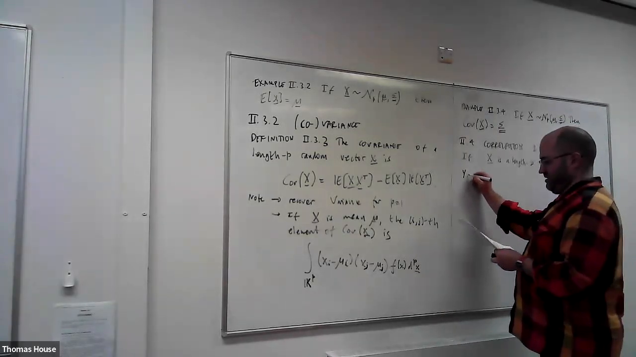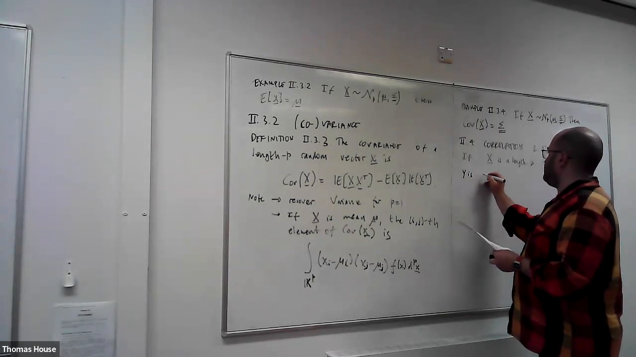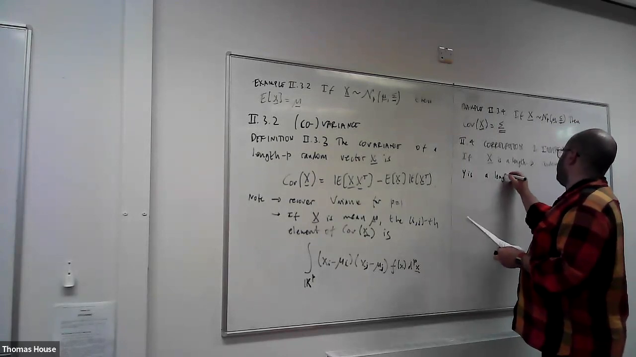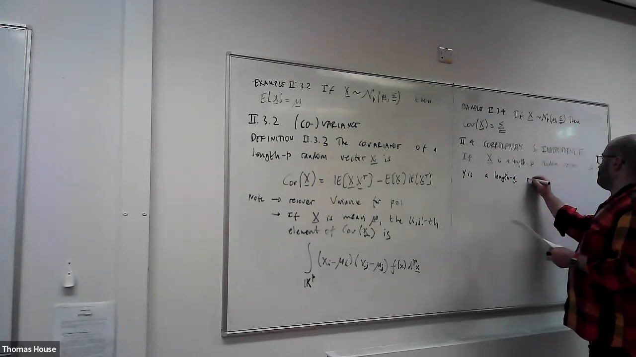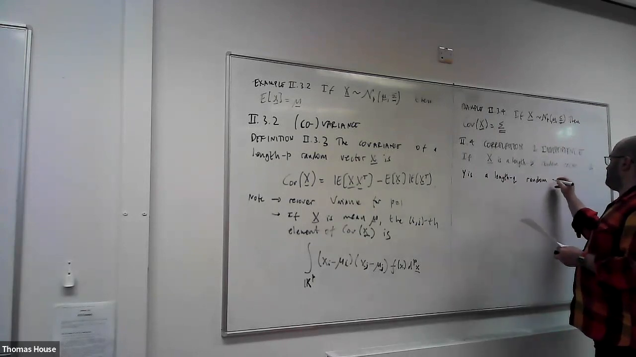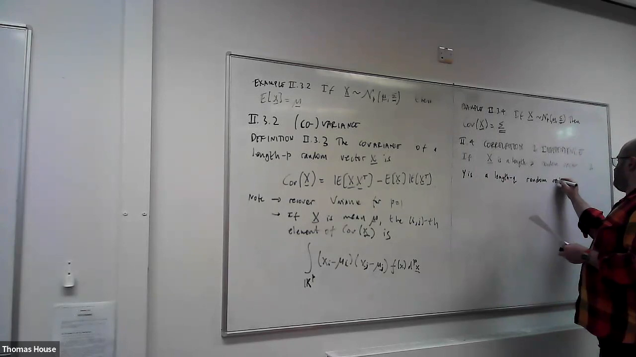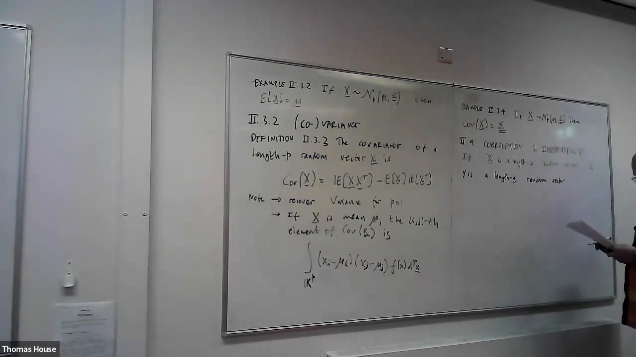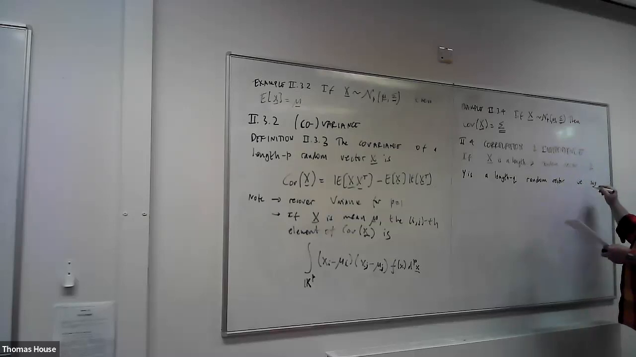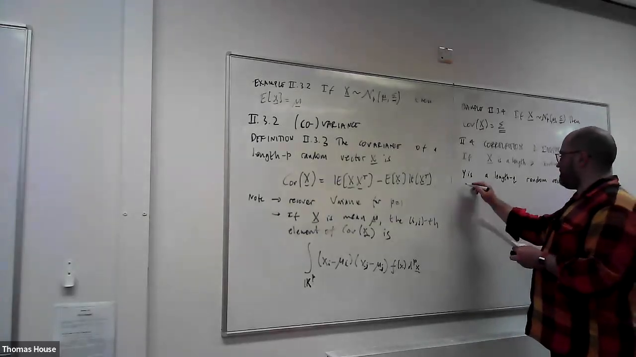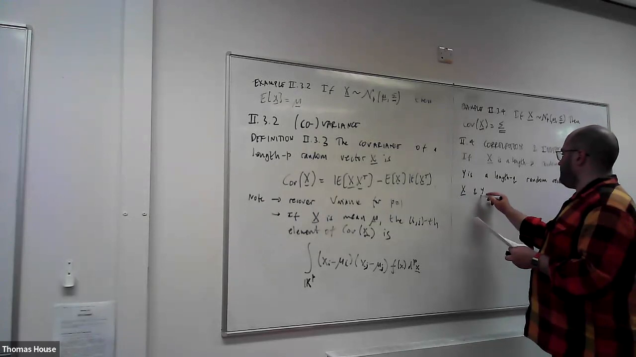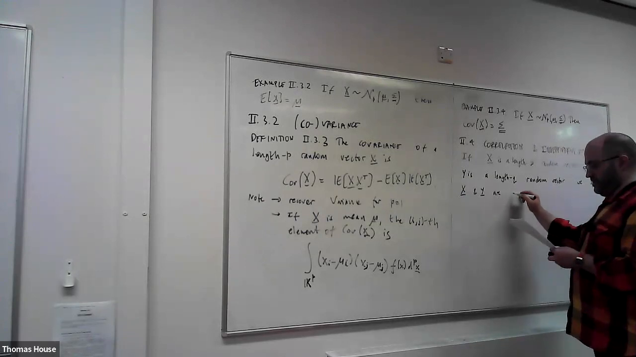Y is a length q random vector. We say X and Y are uncorrelated